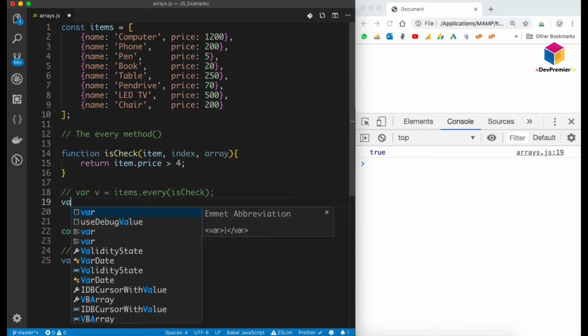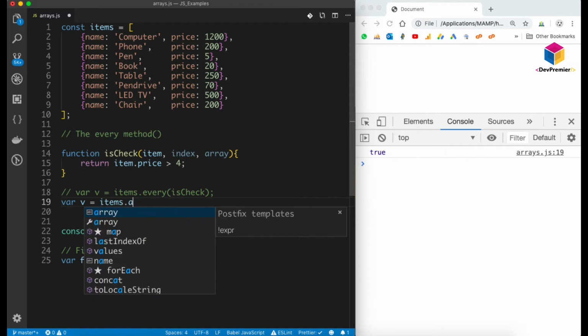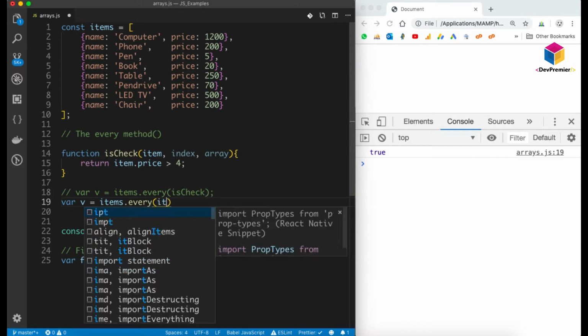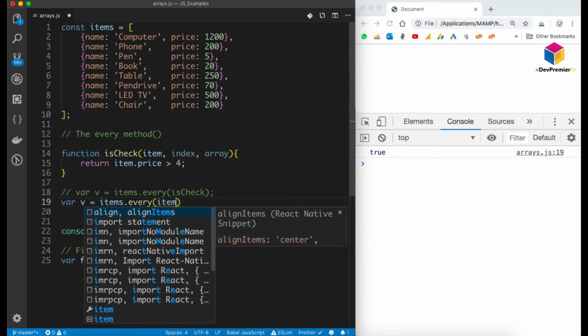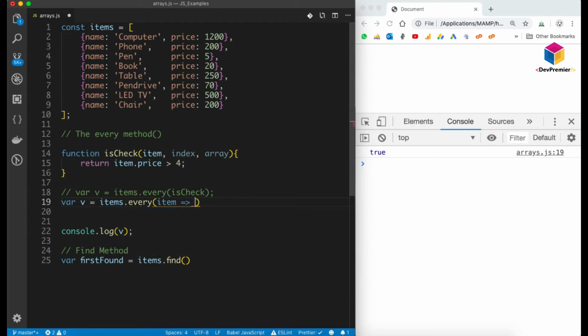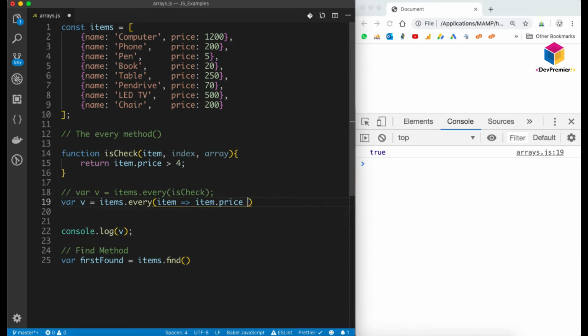Let's console log var v, items dot every, and here we have to write item because we don't want index in our function, so we can only use item. Then item dot price greater than 100. So this is how we can use an arrow function.